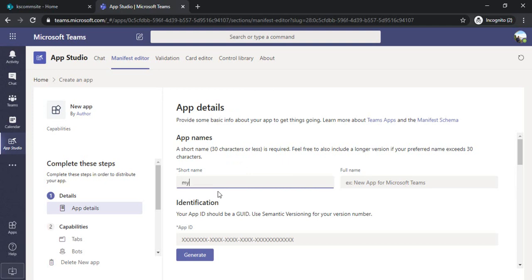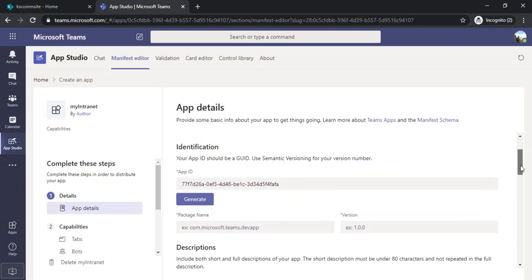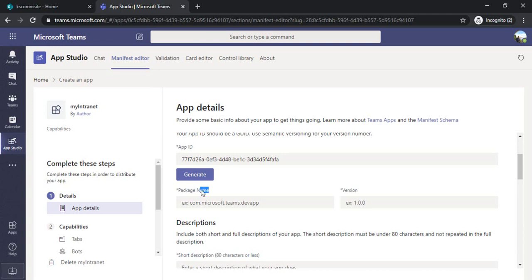In app details, I'll type my company's intranet, or let's say my intranet, and the full name XIMT, my company name, intranet. Under identification, we have to generate an ID so that each app has a unique identifier. This will create a new GUID. Scrolling down, I need to specify the package name, which is mandatory. You can specify it based on your tenant name, possibly. I can just try SharePoint/dev,